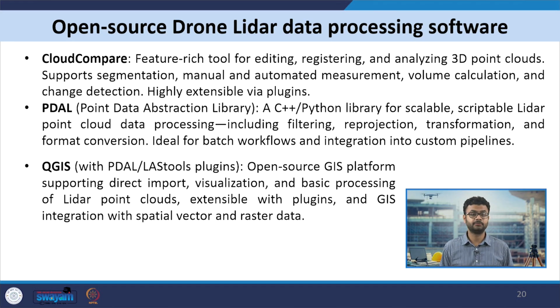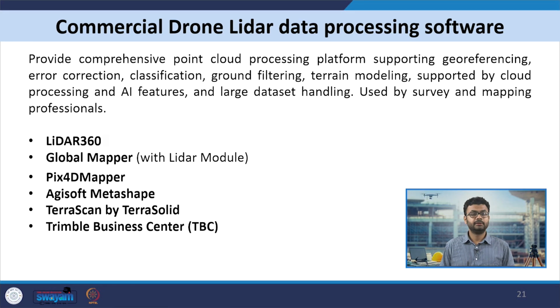and raster data. In the commercial domain, there are several software packages which provide comprehensive data processing, and the advantage is that they support the whole workflow from end to end. They support georeferencing, error correction, classification, ground filtering, terrain modeling, and, very interestingly, in recent years they now support cloud processing. So the whole dataset can be uploaded into the cloud and processed, and they are also developing more and more AI-based features